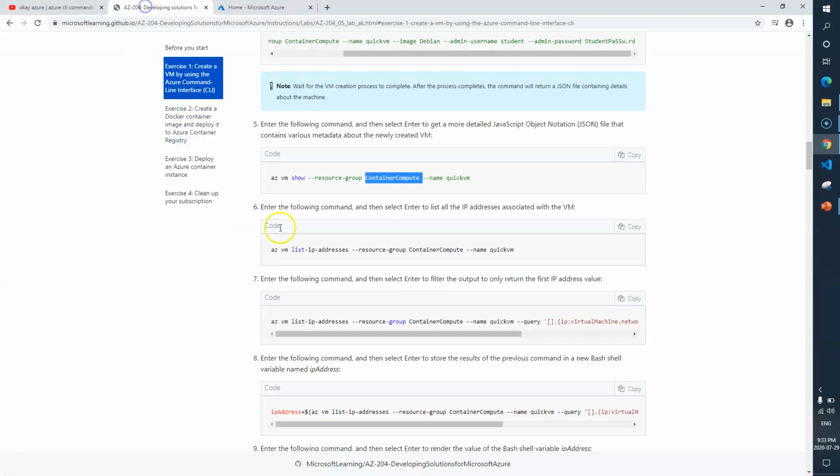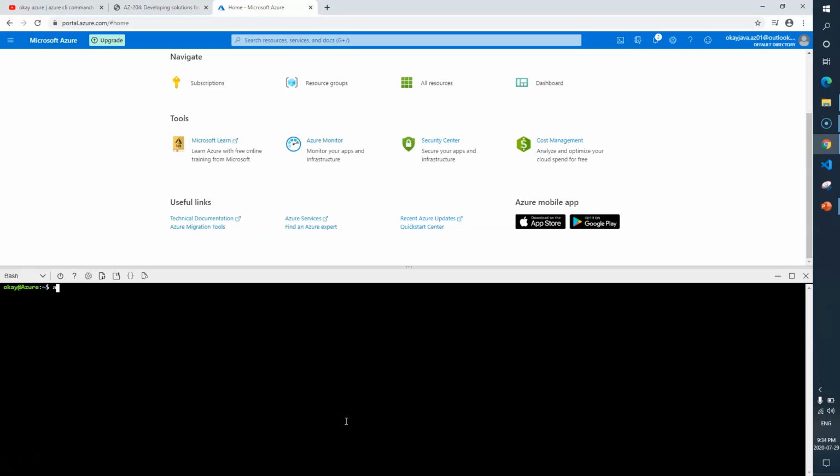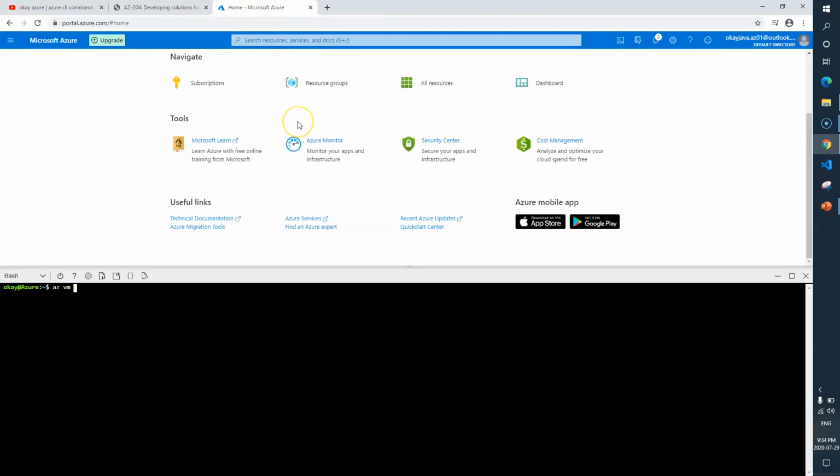Now the next thing is that we need to get the IP addresses associated with the virtual machine. The command is az vm list-ip-addresses, and then again the same thing. Let me clear everything from here. az vm list-ip-addresses.